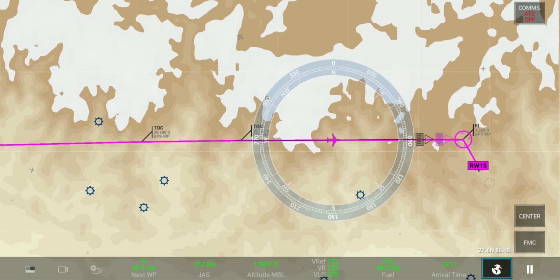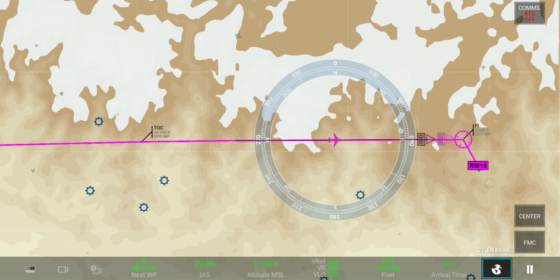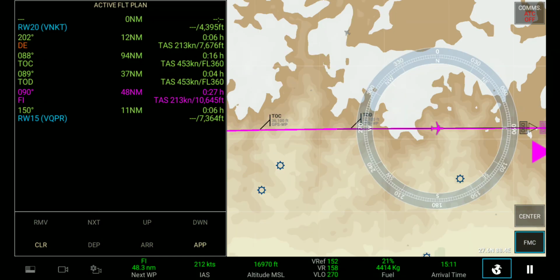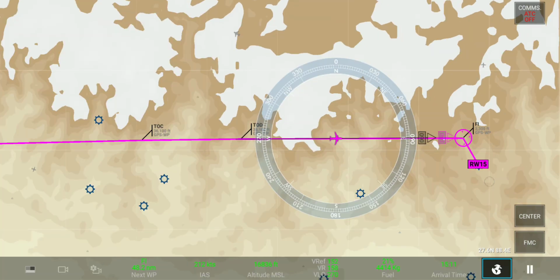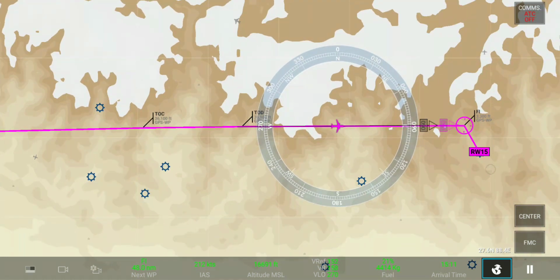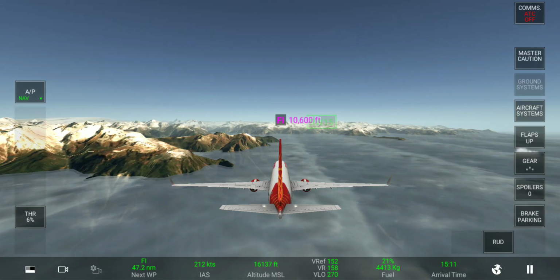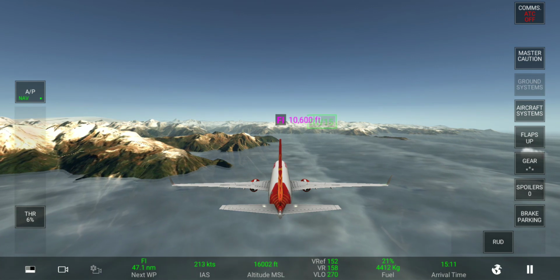Okay, so now here I can see my full flight path. Okay, there was a small turn also after that checkpoint,